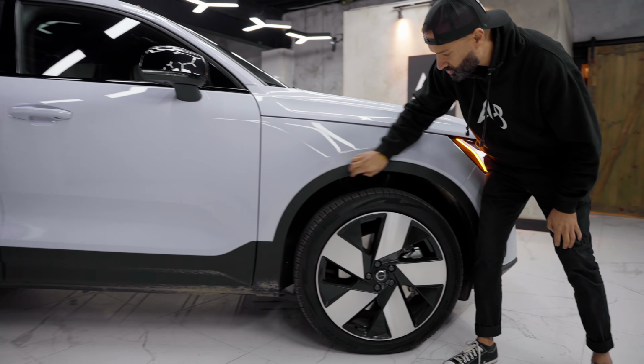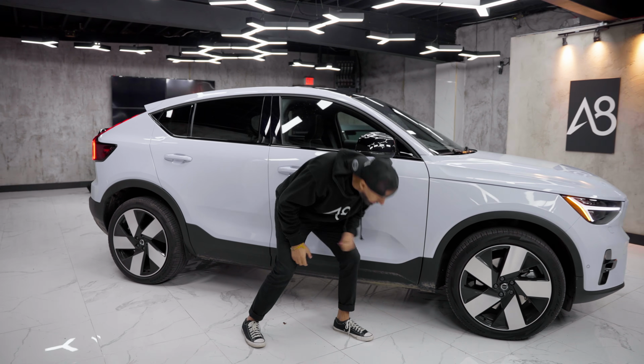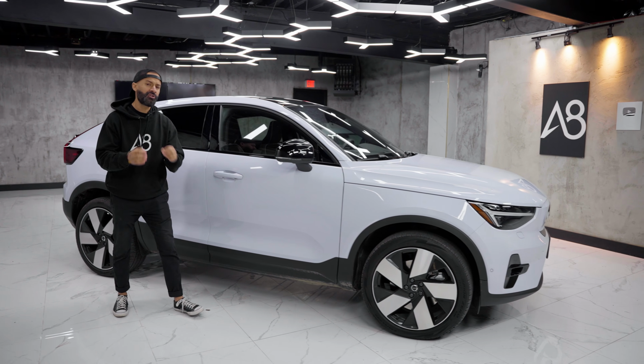You do have this sort of rough plastic all the way around. They're giving it some durability, as you can see down the side of it, including some of these dirt marks that Ian forgot to clean. Come take a look. Now, as I walk past these 19-inch wheels, I'd like to inform you that Volvo now